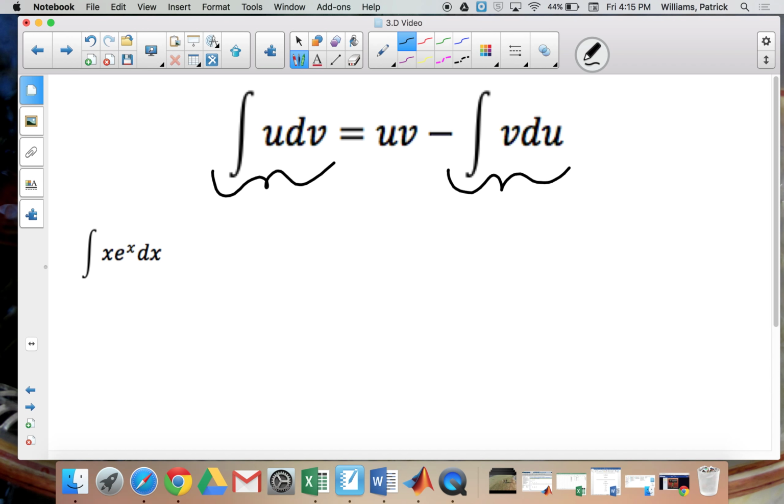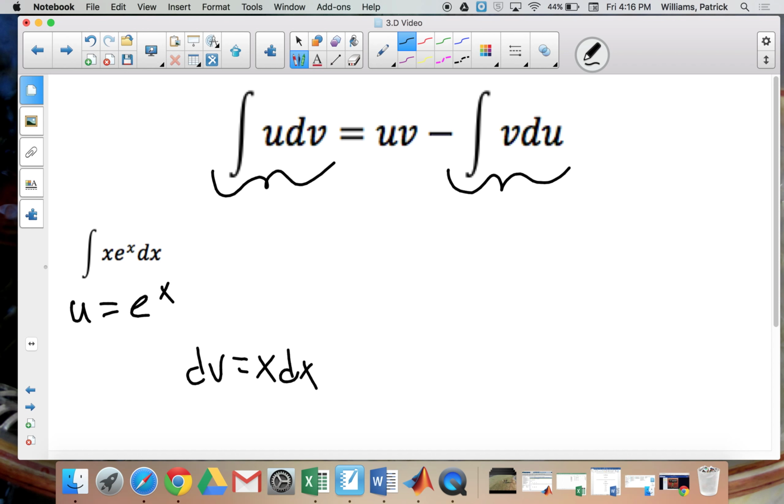So let's look at actually a case of when we pick a u and a dv that doesn't work first, and we can kind of see how when you get a more complicated integral on the right side, you know immediately, oh wait, I chose the wrong thing, let's try something else. So let's say in this case, let's make u equal to e to the x and dv equal to x